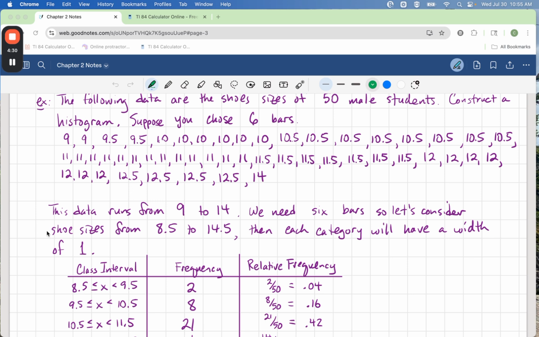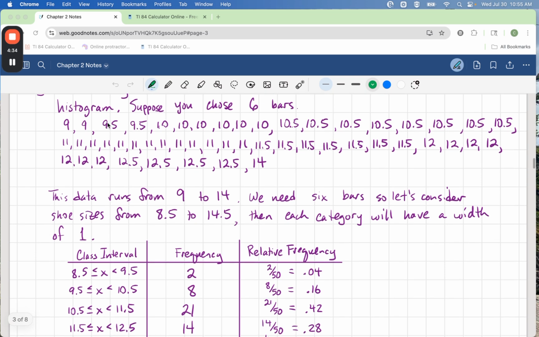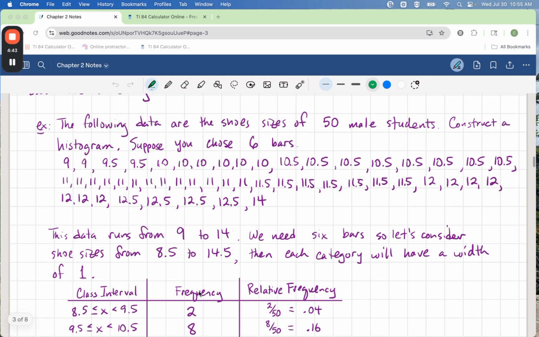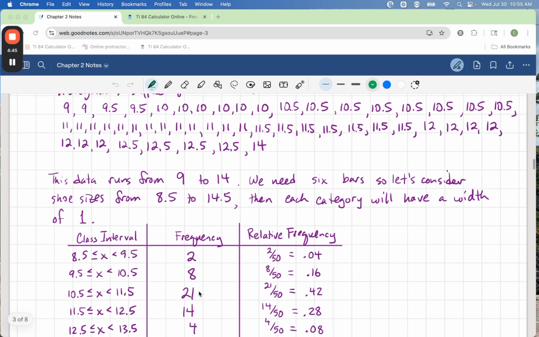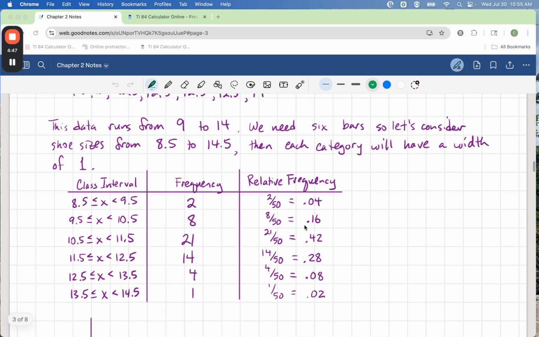All right, and then from 9.5 to 10.5, well, there's 1, 2, 3, 4, 5, 6, 7, 8 of them. That's why I got a frequency of 8. Then it looks like we have 50 students, so the relative frequency is the percentage. So 4% of the students have shoe size between 8.5 and 9.5, 16% between 9.5 and 10.5. So then I draw this